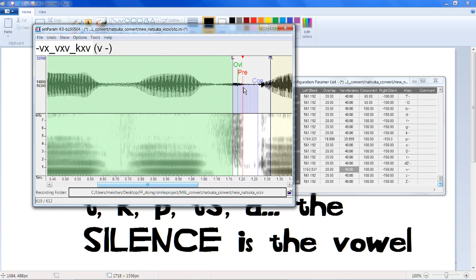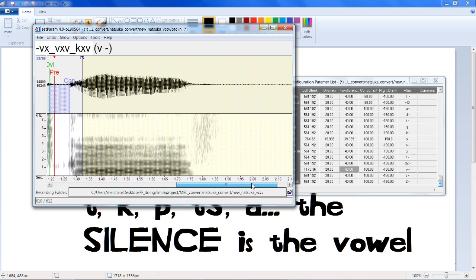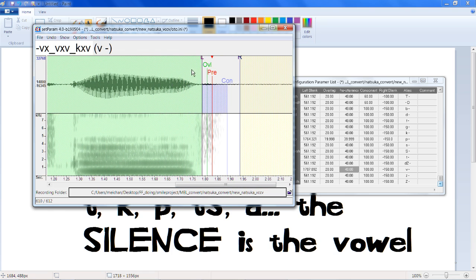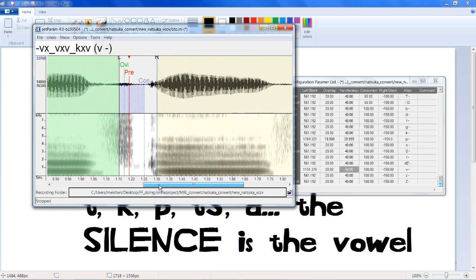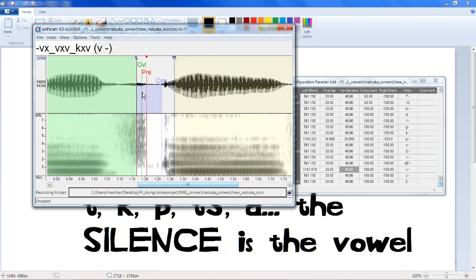So for the most part, the vowel is constant. The consonant is a constant, and the silence is the vowel. So, okay, let's just put this here.